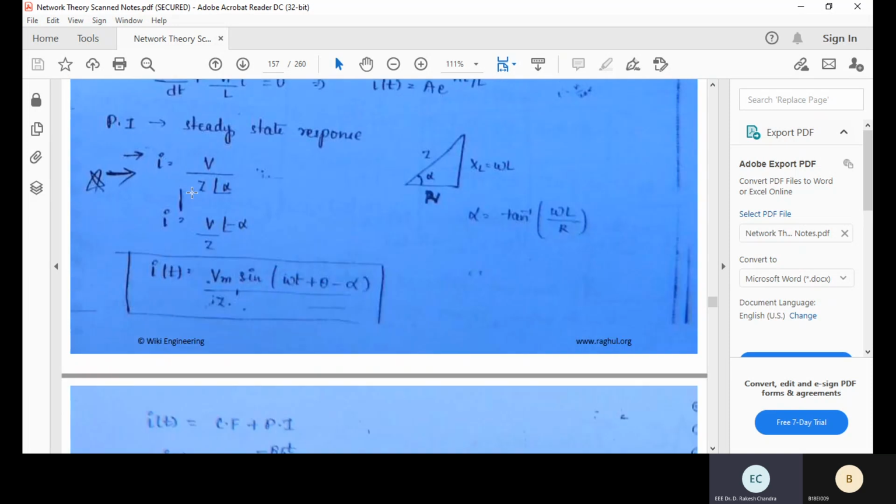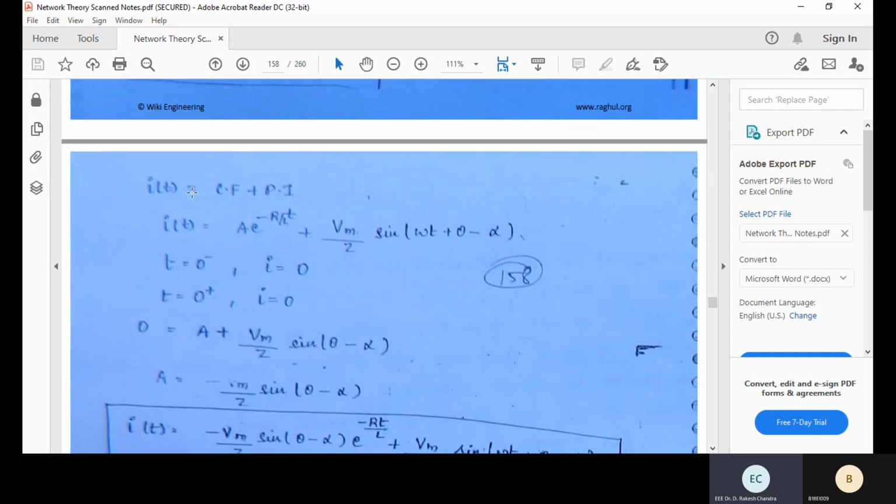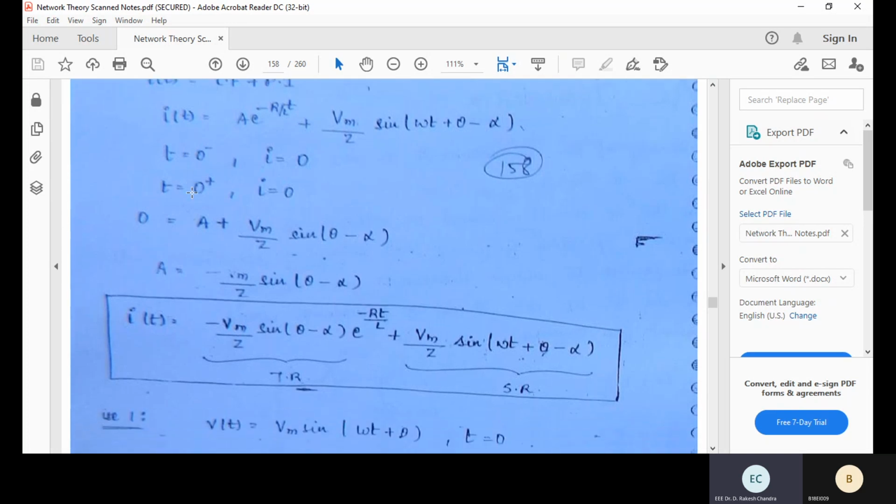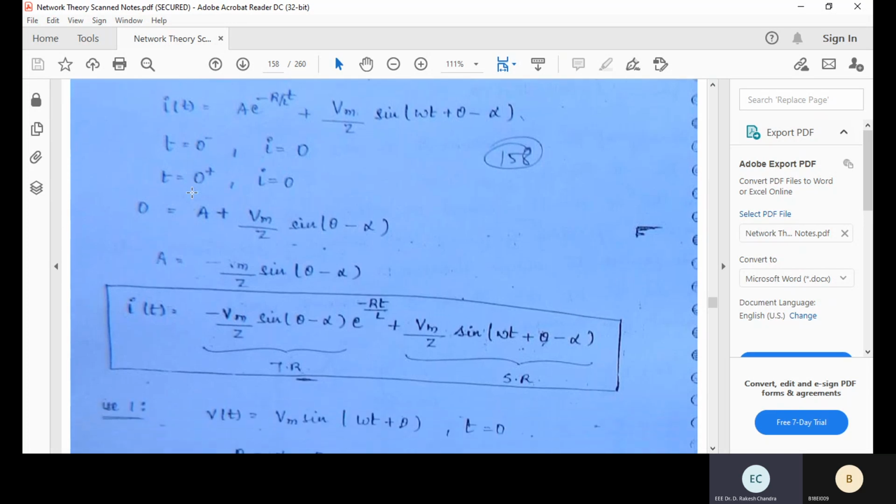For that we can see this response. The response is i(t) = Vm sin(ωt + θ − α), and the total current response is the complementary function plus the particular integral. That is in the form A e^(−R/L t) plus the particular integral, Vm/Z sin(ωt + θ − α). At t = 0− and t = 0+, the current is equal to 0